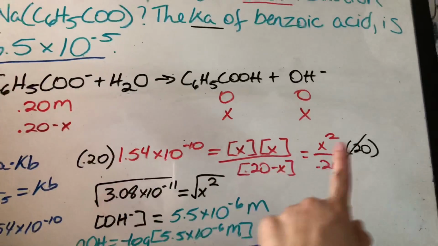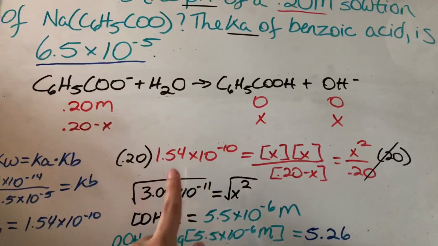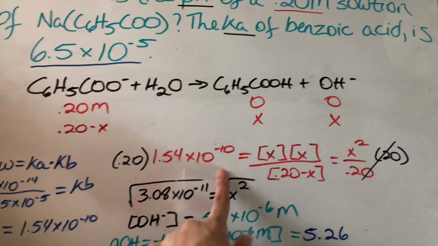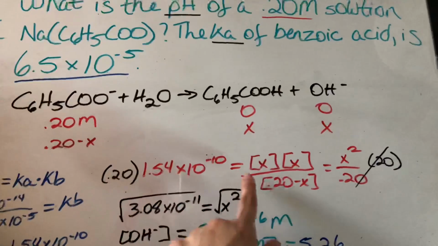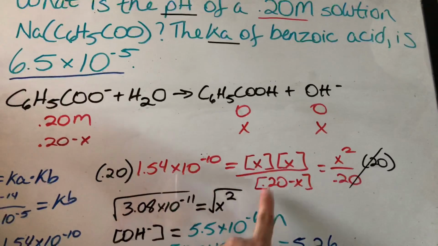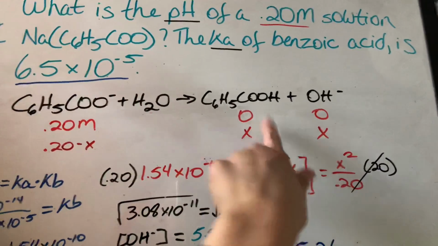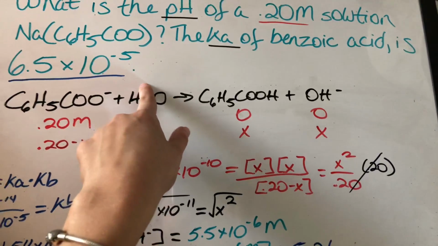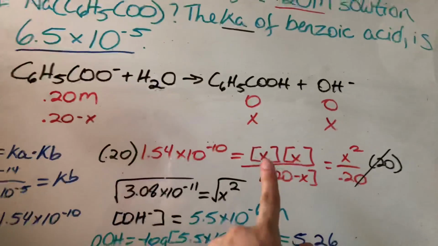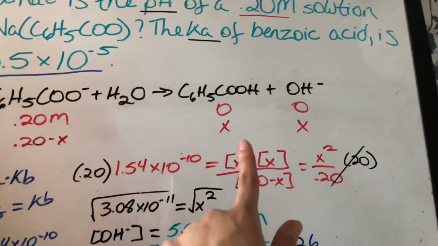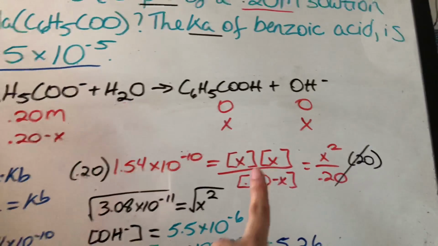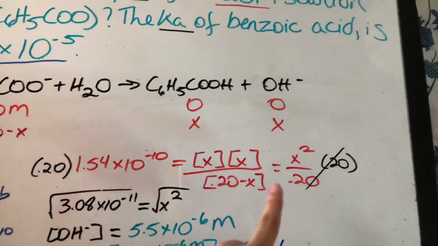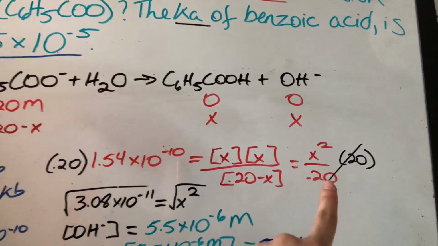So now we're going to move to this part right here, and we're going to put what we just solved for, 1.54 times 10 to the negative 10. The Kb is equal to the concentrations of the products over the reactants, and we don't include water in this, so it's going to be the concentration of X times the concentration of X over the concentration of 0.20 minus X, and that simplified is going to give you X squared over 0.20,